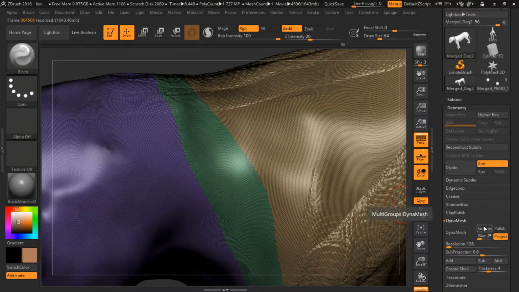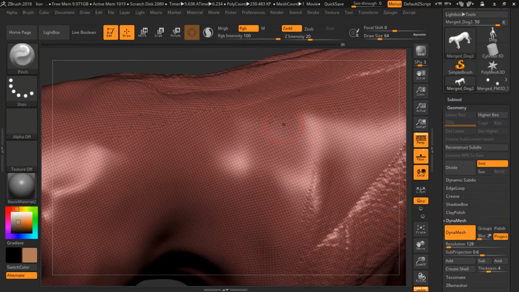Now what we are going to do is turn off this group because I want to merge all the groups so that we can get a clear dynamesh. So we are going to click onto the dynamesh. The hole is removed, but the group which we have created is also removed, which we don't like. So we are going to move back in the process again and